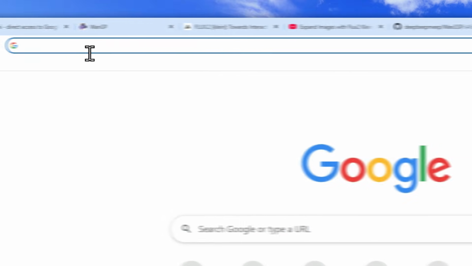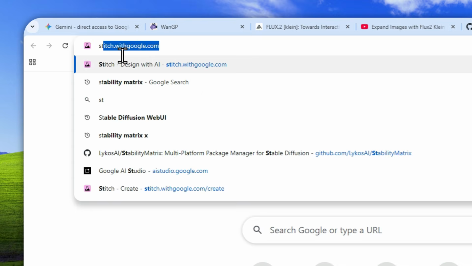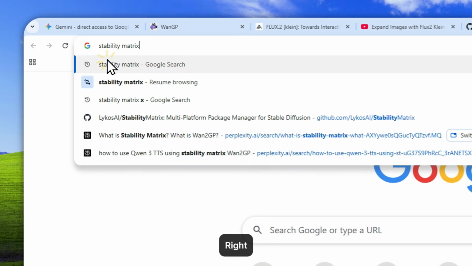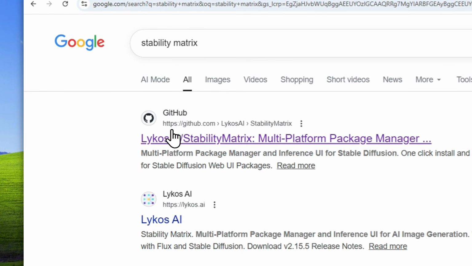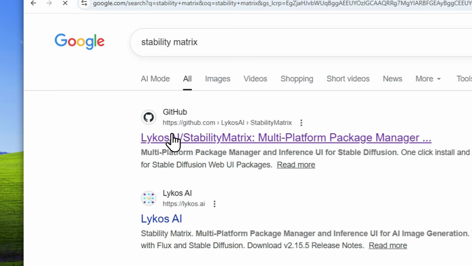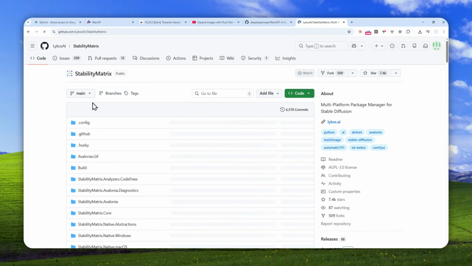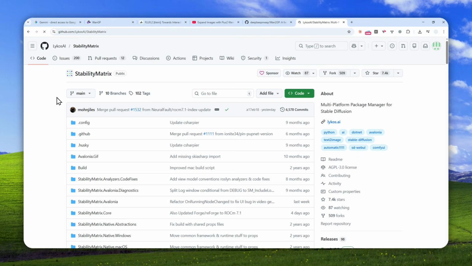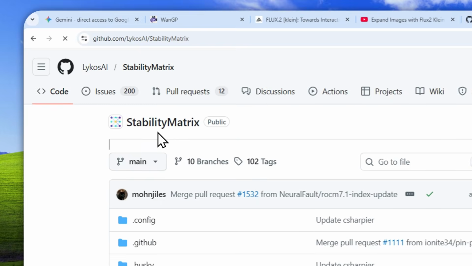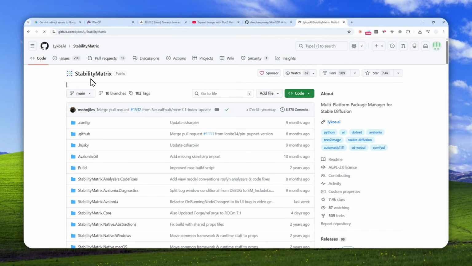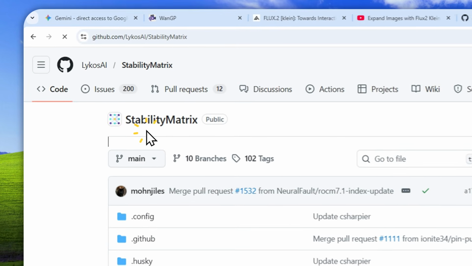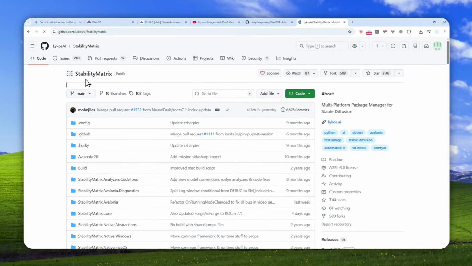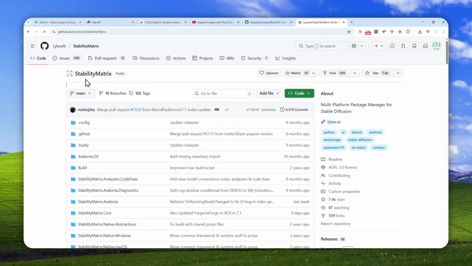Stability Matrix. You can open Google and search for Stability Matrix. Click on it and you can click this link on GitHub. So basically, I would say the best way, the easiest way to describe what is Stability Matrix is, it is basically just like Steam Marketplace, where they distribute games. Stability Matrix is distributing plenty of cool AI tools, so you just need to download the AI tool right away